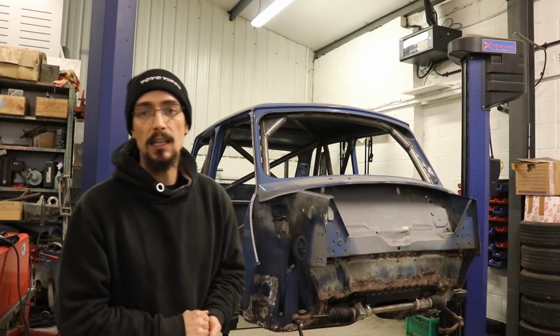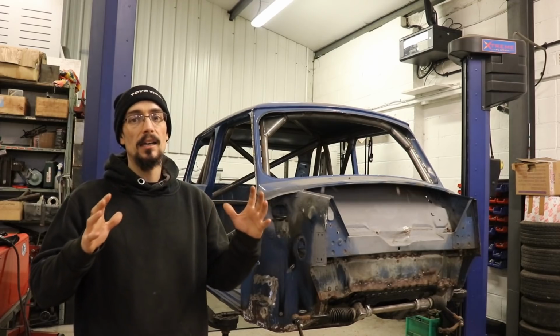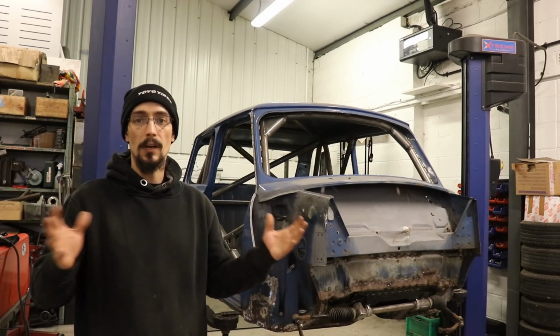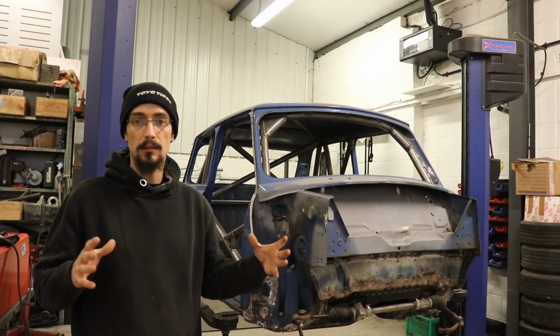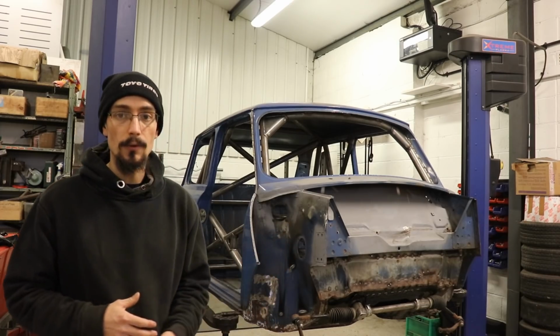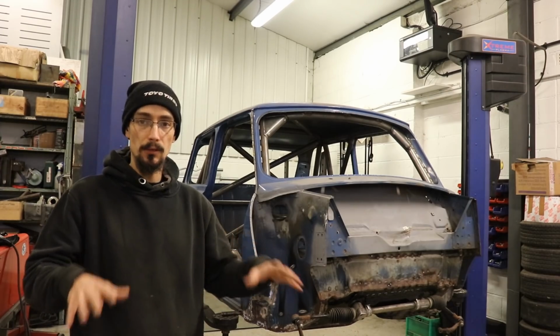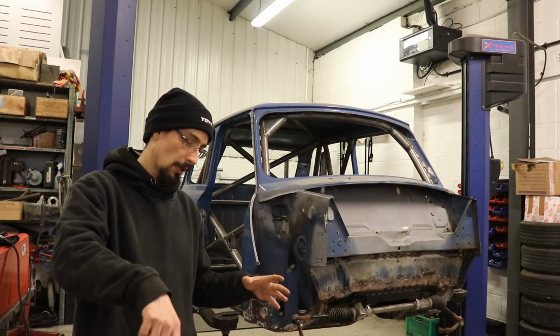So I'm back on with the Mini, and the plan is to get the back end of the car to a point where I can start bolting everything back on and get some wheels on it so I can get it off the ramp. So I've got my carbon boot floor to go in,